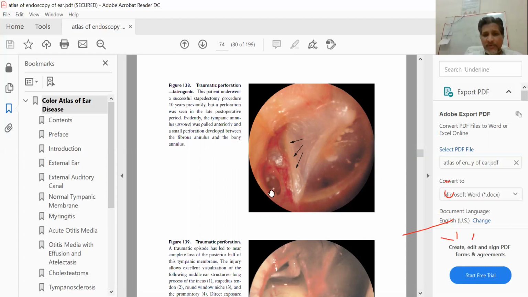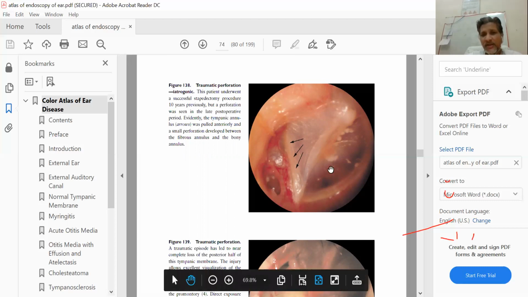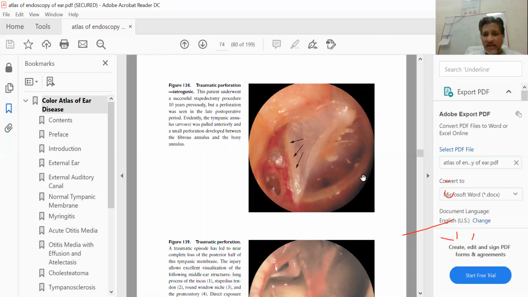So it can happen when you are doing some ear manipulation, removing wax, and suddenly the patient jerks or moves, but it's very rare, I can say it never happens to me. But literally speaking, yes, it can happen. This is an iatrogenic perforation in the inferior part of the tympanic membrane, and again this is superior, inferior, posterior, and anterior.